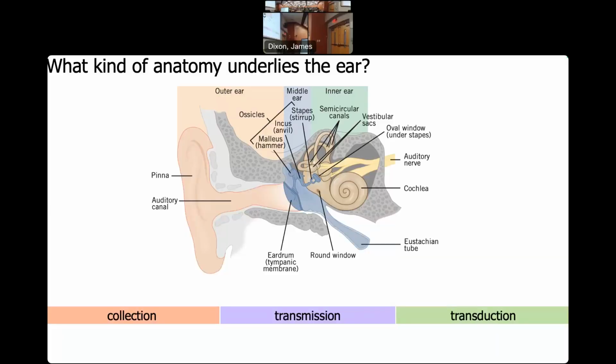We have the auditory canal, which you probably don't think of very much. Right? And that leads to this beginning of the transmission process, right, which is going to be the tympanic membrane or the eardrum. All right, so we'll return to the pinna a little bit later down the road, but next time we'll go right into